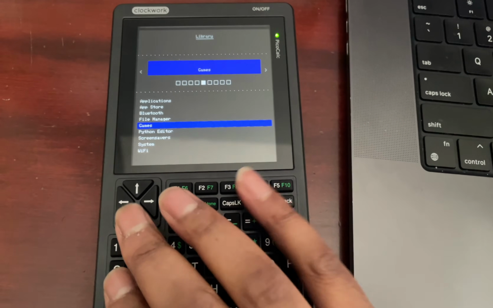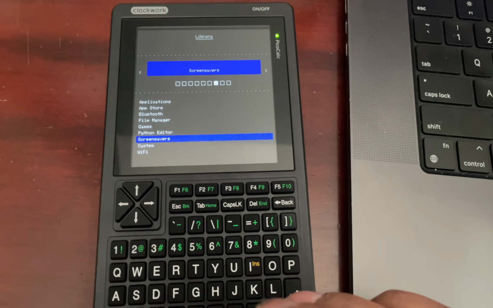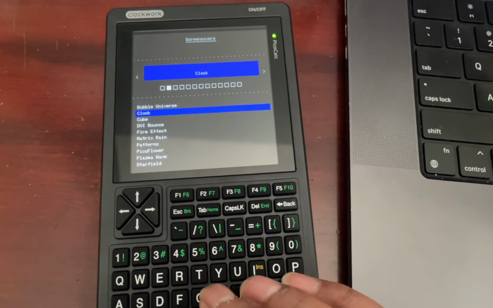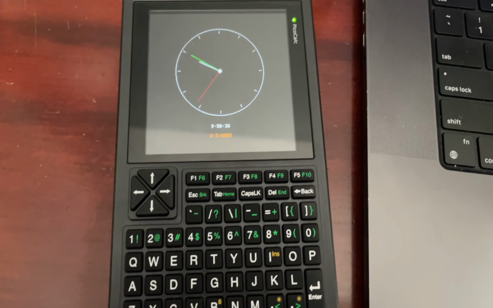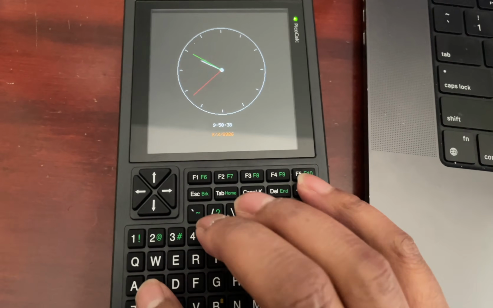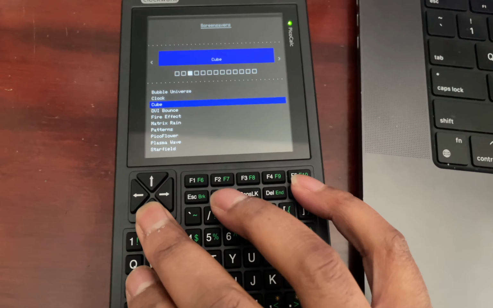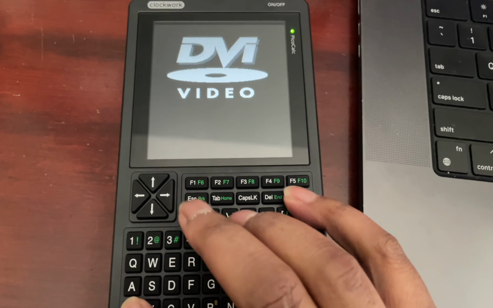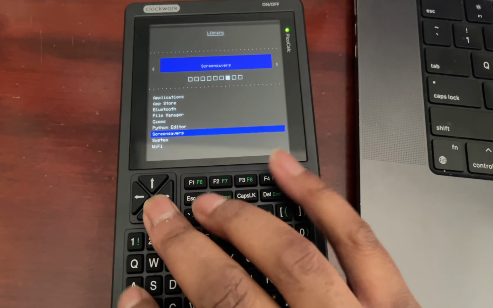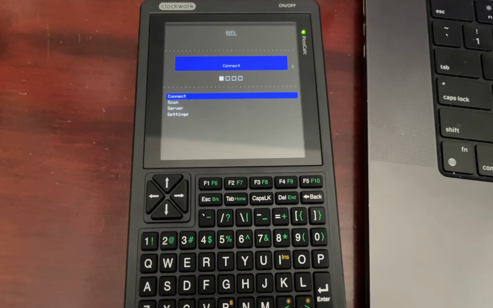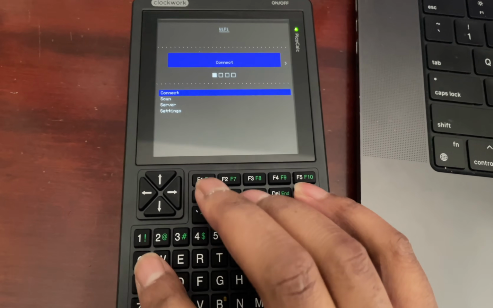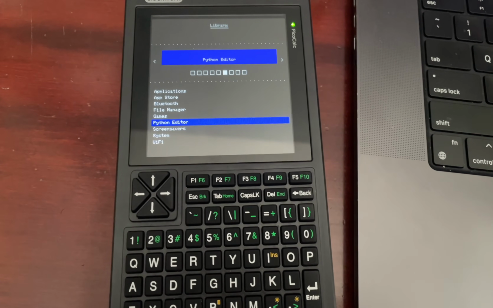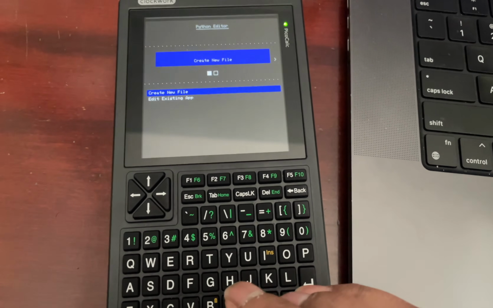Okay, and then there's also some screensavers, which you saw towards the beginning, was the yin yang one. But there's also like the clock, which just tells you the time and the date. There is like a DVI bounce, which is another classic. Okay, and there is a Wi-Fi section, so you can scan and connect to Wi-Fi directly on the device too. And then something I skipped over was the Python editor, and this allows you to create and edit apps directly